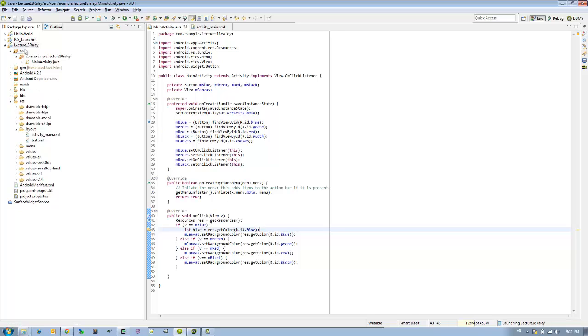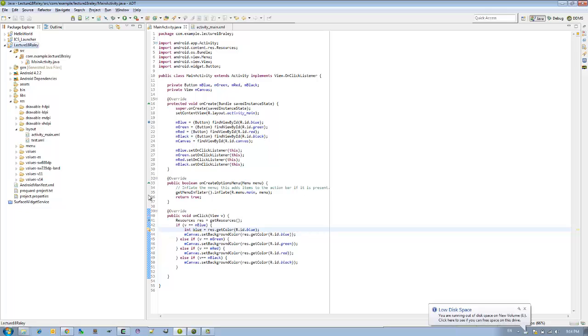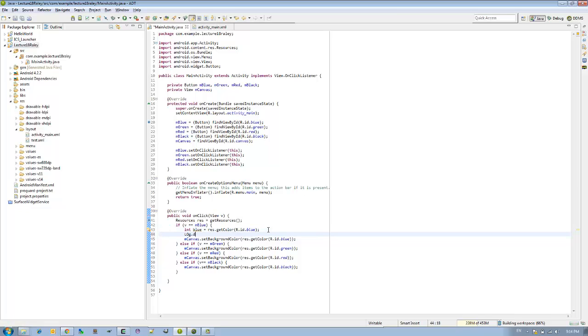Save it, and then let's run this application, or let's debug it again so we can see what's going on. Alternatively, if you didn't want to debug it, some debugging's obviously slower, you could add a log message and you could print out what that color is. So something you could do is,